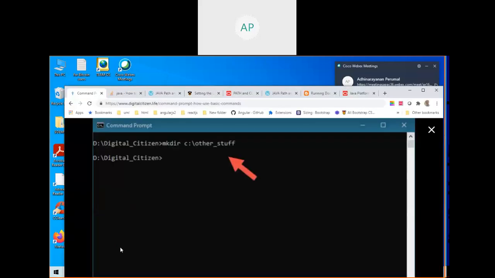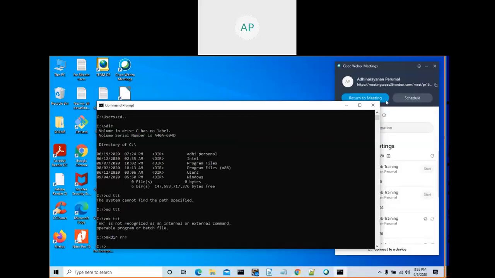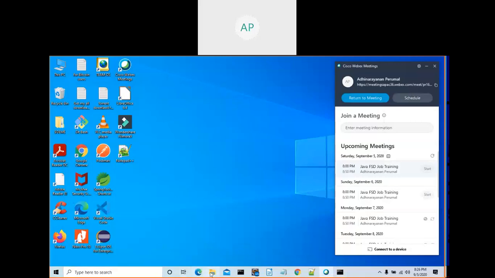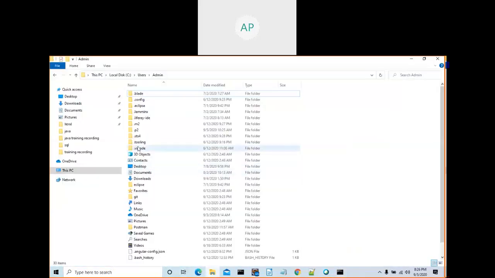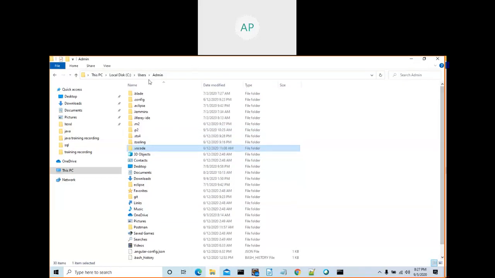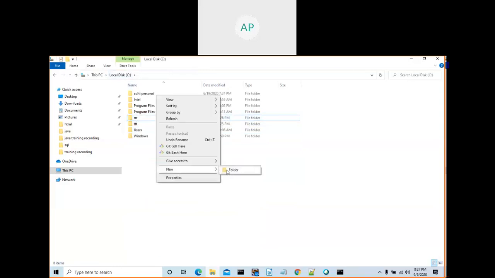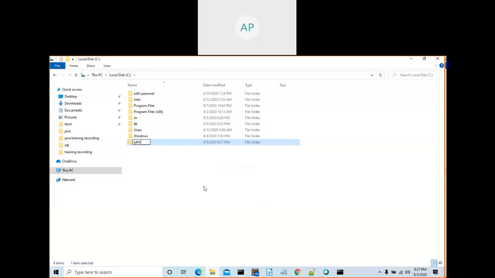I created one directory. So if I go to my Windows, see here, a new directory called rrr is created. Where is rrr? It is in C colon. I created it in C colon, right? See here, it was created at 8:26 p.m. today. So by using a DOS command you can create a folder, and by using Windows, by using the mouse, you can also create a folder. So mkdir is the DOS command that is used to create a directory.